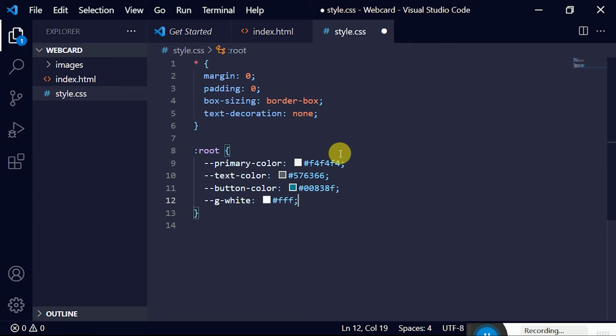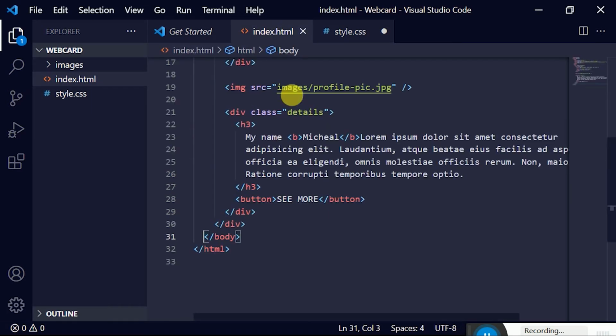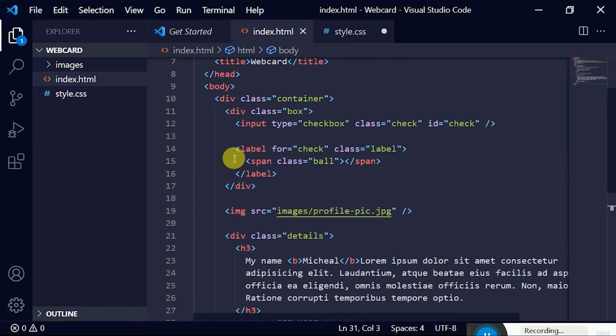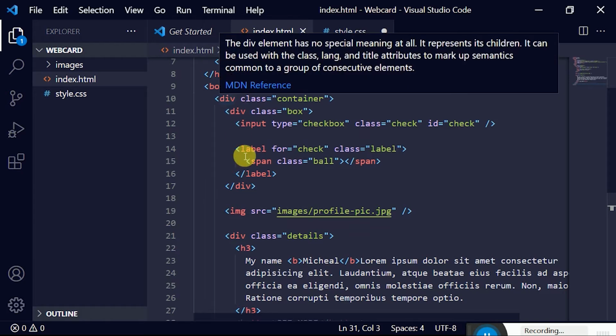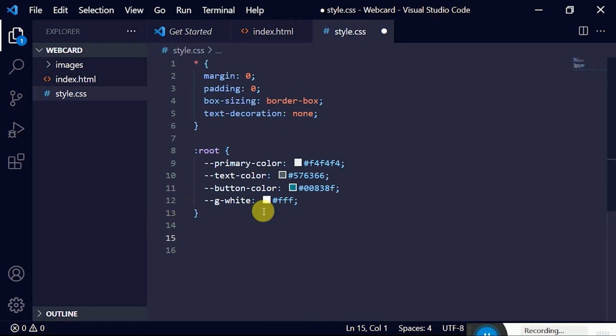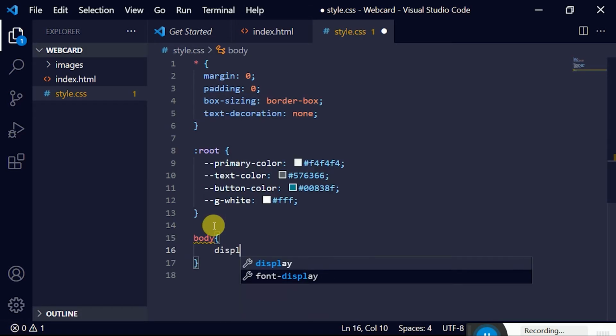Okay, so now we have our variables. I'm going to be using all these colors by declaring the var, which is the CSS variables. Firstly, I'll be grabbing all these elements in the HTML one by one. First, I'm going to be grabbing this body tag. There's pretty much nothing on the body, so I'm just going to display it to come to the center. So I'm going to say body display flex,